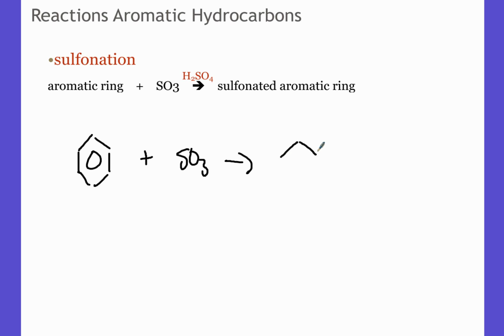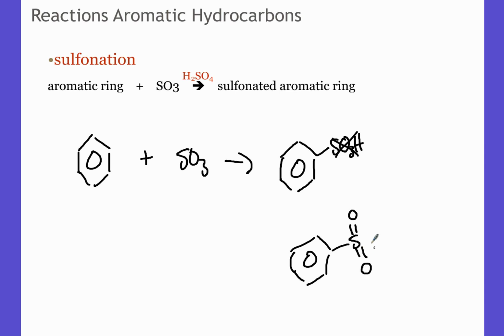So what you have to realize here is that everything that's here stays here. So technically, I'm going to try and replace a hydrogen here, but that hydrogen has to go somewhere, right? So what I'm going to make here, right? It's going to look weird. It's going to go SO3 and then there's going to be an H behind it possibly, right? Which I prefer a different look for that because I just don't really like how that looks. It actually would look more like this, which may or may not be better for you. But this is what we're going to call sulfonic acid, which I may have to check on the spelling of this later, but sulfonic acid, right, is my product here